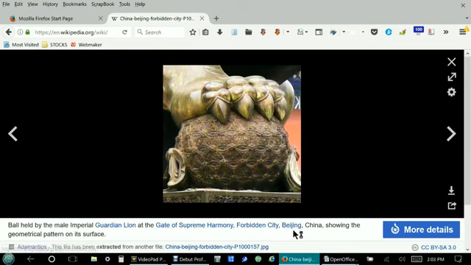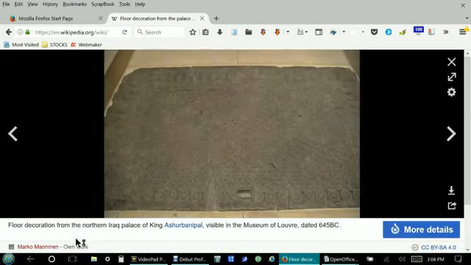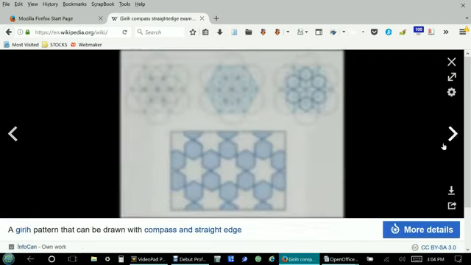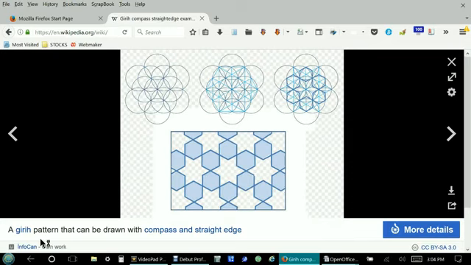forbidden city of Beijing. It's a geometric pattern on the surface of a globe. And then we find it as a floor decoration in Iraq Palace. This is visible in the Museum of the Louvre, and it dates back to 645 BC. And again, here is